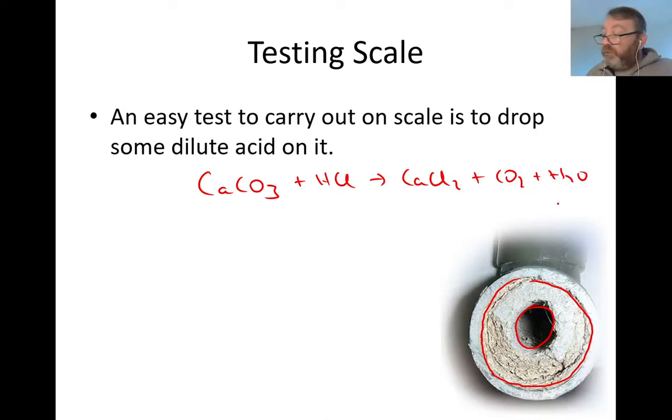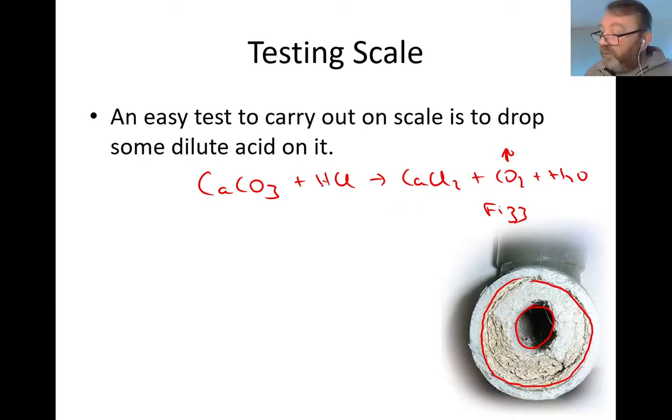Okay, so in other words, you'll have carbon dioxide given off. In other words, it'll fizz. Okay, so that's what happens. It doesn't matter what acid you put onto calcium carbonate. If you scrape some of this off here and add acid to it, we'll notice it'll fizz. And if it fizzes, then you know what you have is calcium carbonate that has come from the water supply